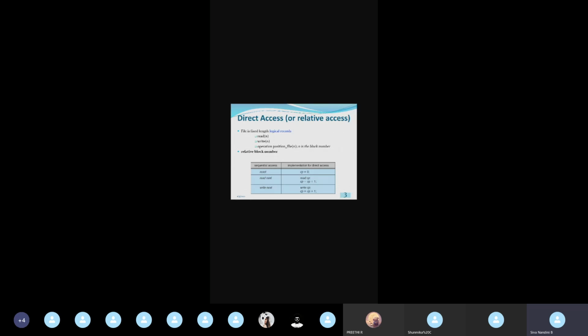But converting this direct access into sequential access is somewhat a complex one.